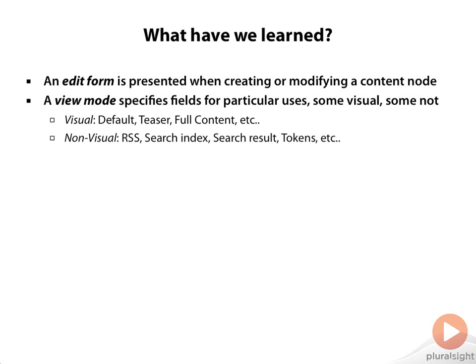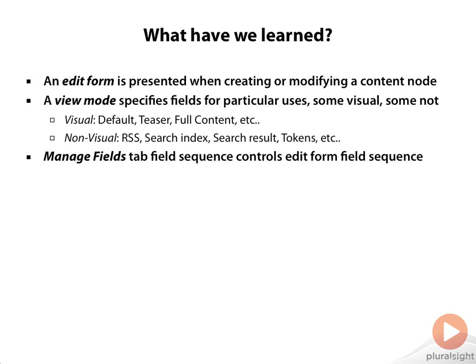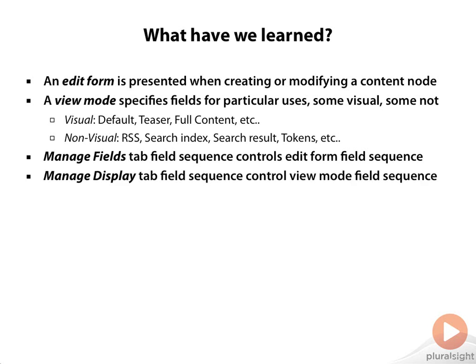So it's best to think of them as a specification of fields for a particular type of use rather than specifically only something you look at. We learned that on the Manage Fields tab, you can control the sequence of fields that are seen on the edit form. The sequence of fields on that tab determines the order of fields on the edit form, at least by default. And then we also saw that the sequence of fields on the Manage Display tab for a given view mode controls their sequence when people are looking at the content in that particular view mode, such as teaser,